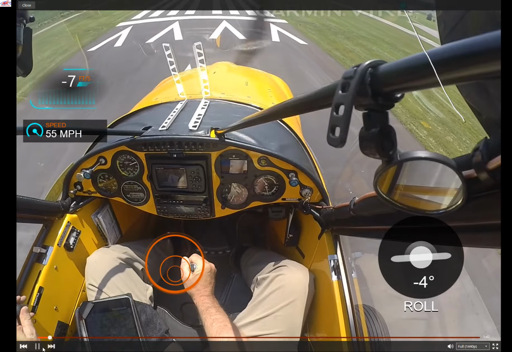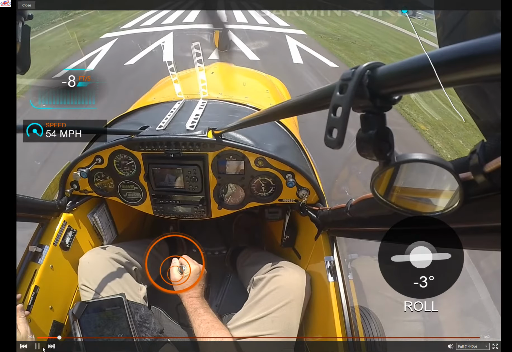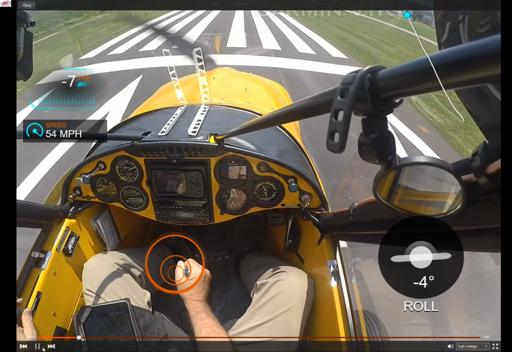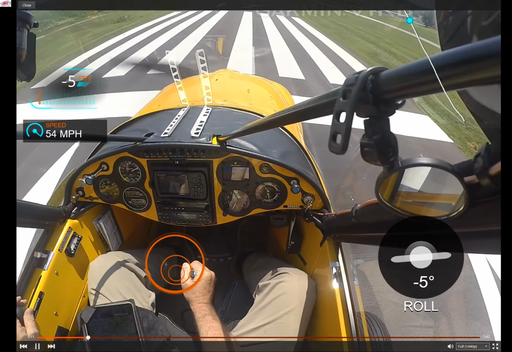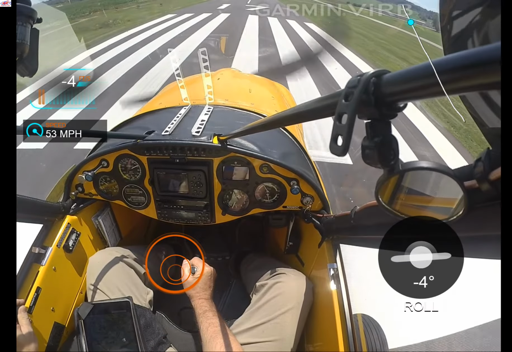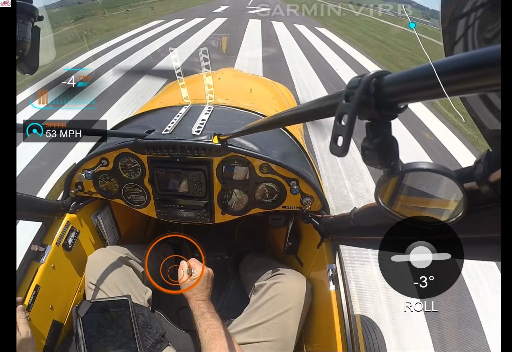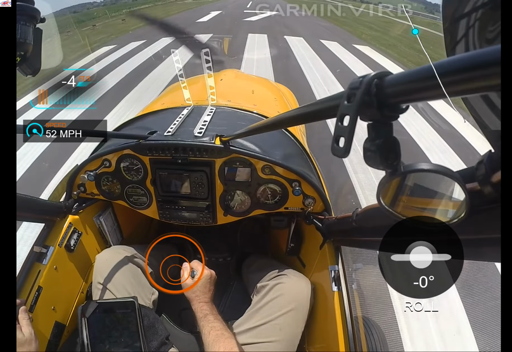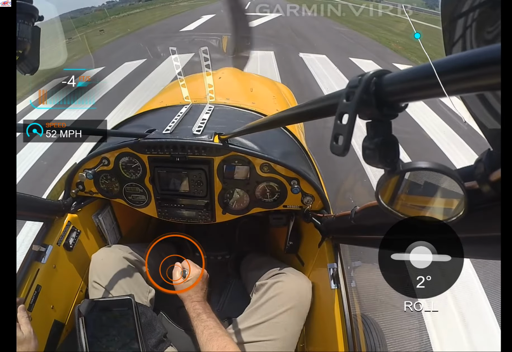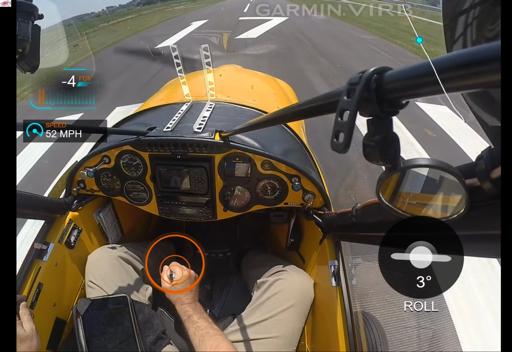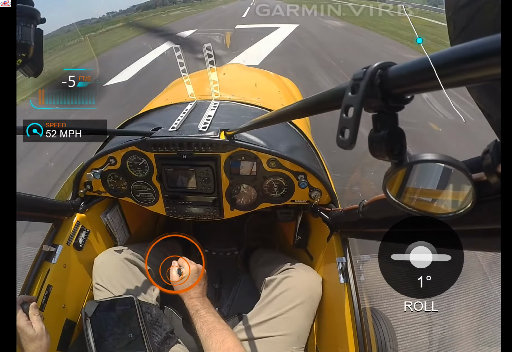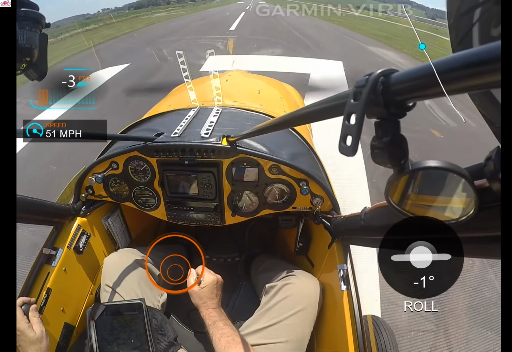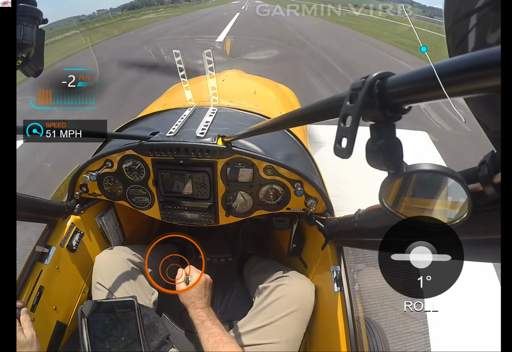Again, we're in slow motion. I've got the right crab, and I'm now going to side slip the plane, move it into the center line by moving a little bit of right stick and a little bit of left rudder. Plane's now doing almost exactly 50 miles per hour indicated speed. It's starting to slow down. I've pulled the stick back, and I'm holding 4 feet per second descent. You'll see I'll move it back a little bit more, and I've got 3 feet per second descent,